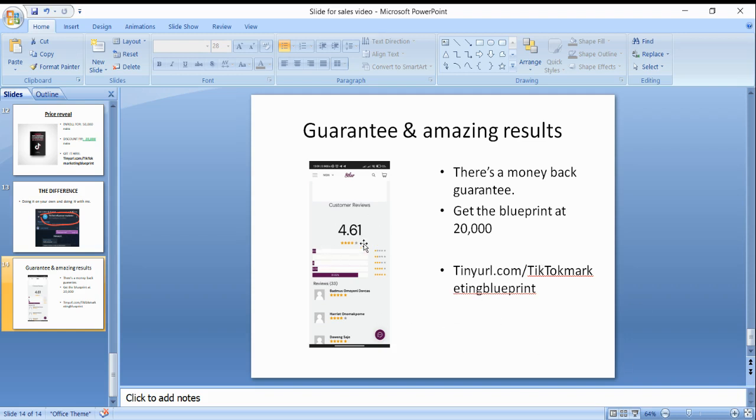As you can see here, these are reviews from my customers, from my students. I have 4.61. I might not have a five-star review, but 4.61 is pretty high too, because people have different opinions. If you want to see what people are saying about this course, just visit this URL. You will see reviews from people, and you can even see the details of the course modules there as well. So for 20,000 naira, you can start generating a massive number of leads using TikTok influencers.